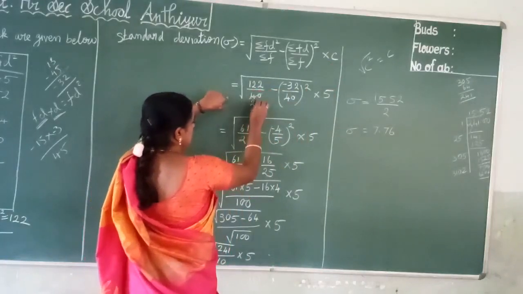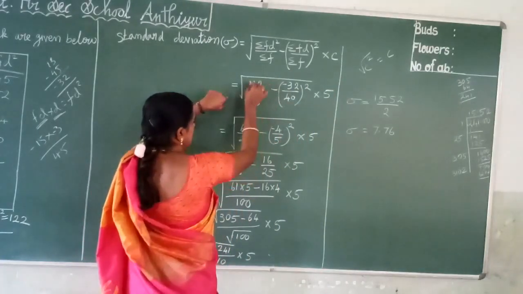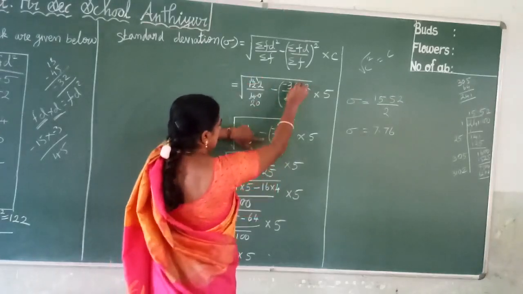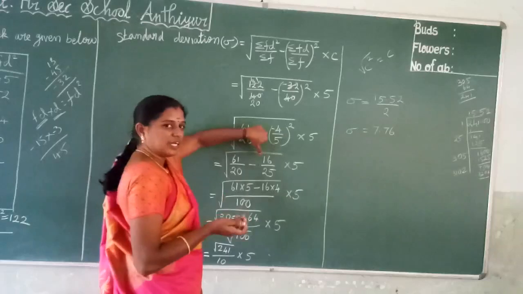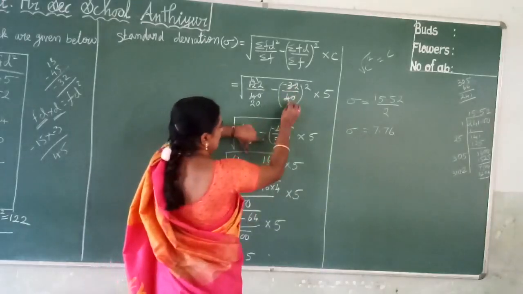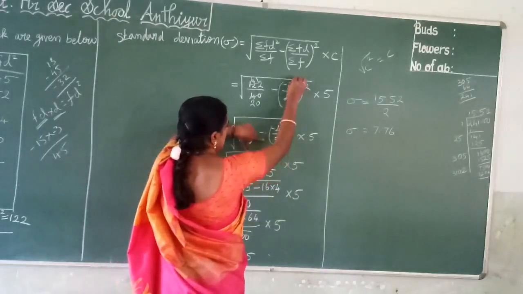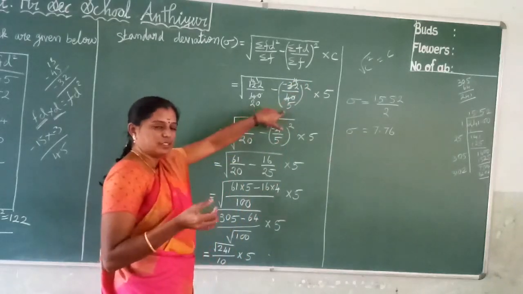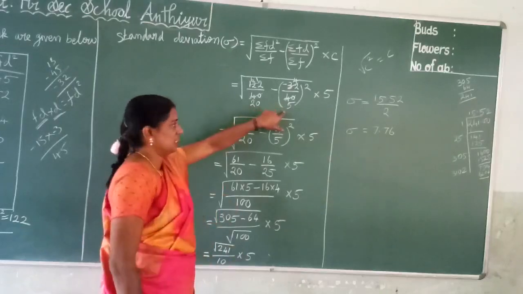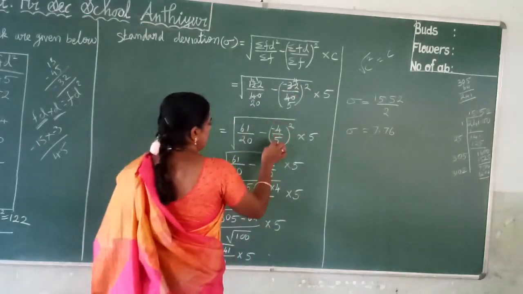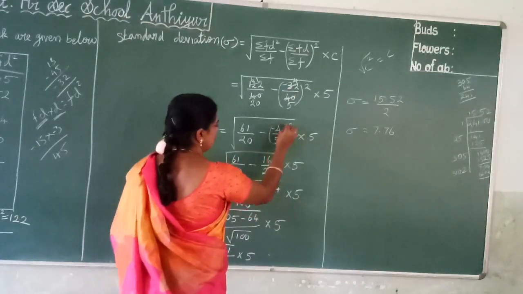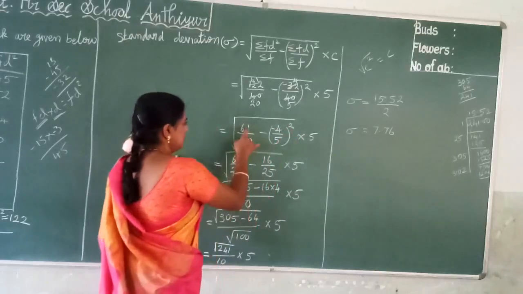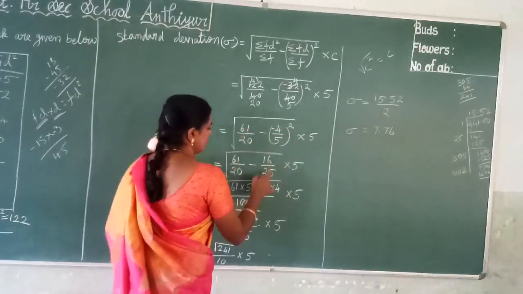Next here, which table applies? 2 tables. So 2 4s are 8, 4 0 is 40, so 20. Here 6 to the 1. So 61 by 20 minus, here which table is possible? Your choice, you select it. So which one? Here 8th table. So 5 4s are 20, 4 8s are 32. Alright, so you apply 2 table. 2 table means that is your wish. Clear? So at last minus 4 by 5. Here whole square: minus 4 whole square, minus into minus plus, 4 4s are 16. 5 square 25. At last we get 61 by 20 minus 16 by 25.